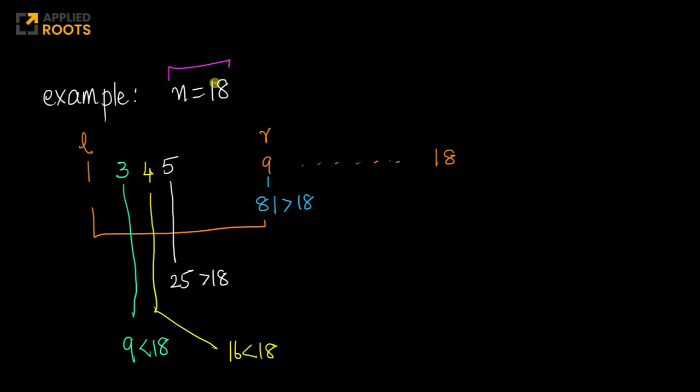Now, again, take a slightly more tricky example. Imagine if n equals 18, right? Your left will be 1, your right will be obviously 18 first, and then you keep halving it. Once you half it once, you get 1 to 9, right? Again, depending on how you implement binary search itself with your floors and ceils and stuff like that, right? So basically what you're doing here is 1 to 18, you'll first half it into 1 to 9, which you'll again further half into 1 to 5, right? Because you know that this square root has to lie in this. And you keep halving it. At some point, you'll recognize that there is this number 16. Because 4 square is 16, which is less than 18, and you have 25, which is greater than 18, and hence 18 cannot be a perfect square itself.